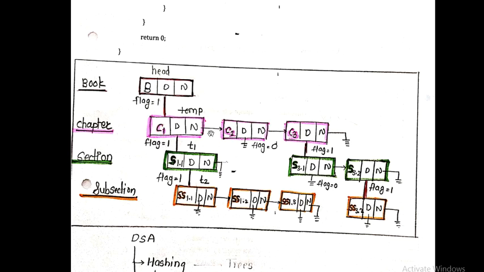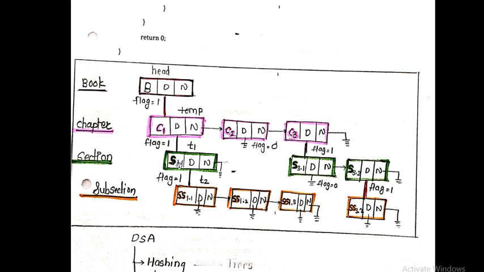So that's why its flag is 0. The flag of C2 is 0 because this chapter is not having any section. The flag of C3 means third chapter is having its flag as a 1 means it will have some sections under it, right? So C1 will have the section 1.1 under this C1, right? So we are traversing this section linked list by using T1, right? This section linked list we are accessing by using T1. The flag of section is set to the 1 means it will have some subsection, right?